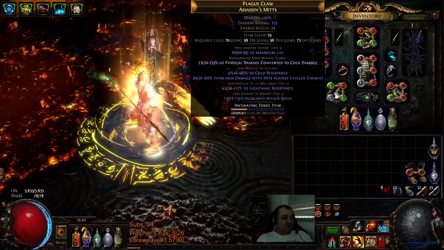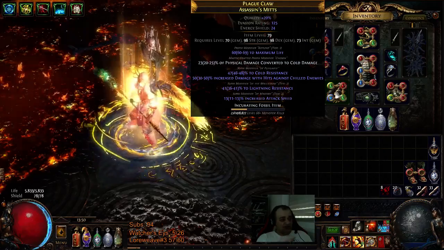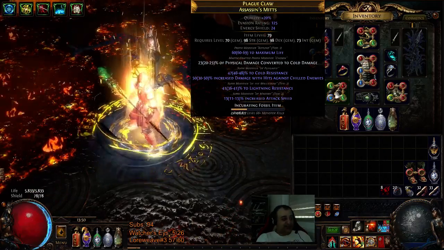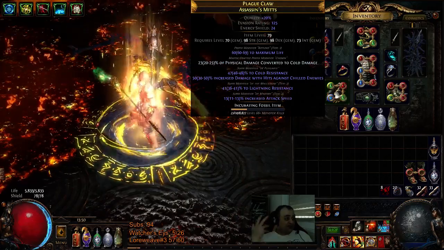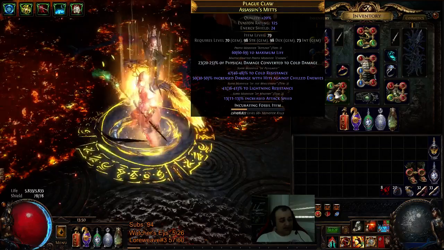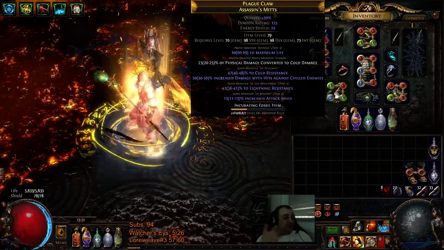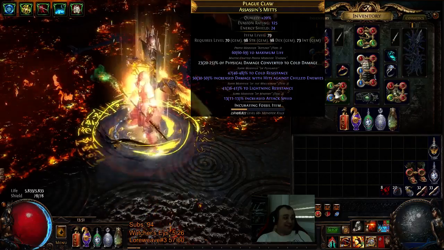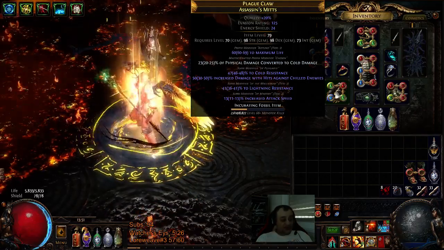Temple gloves with the hybrid cold resist, increased damage with hits against chilled enemies. It's a temple hybrid mod, so it is insane for this build because everything is chilled. So enemies take 15% more damage, 50% increased damage. But on top of that, it also has attack speed, which I didn't have on my previous gloves because I